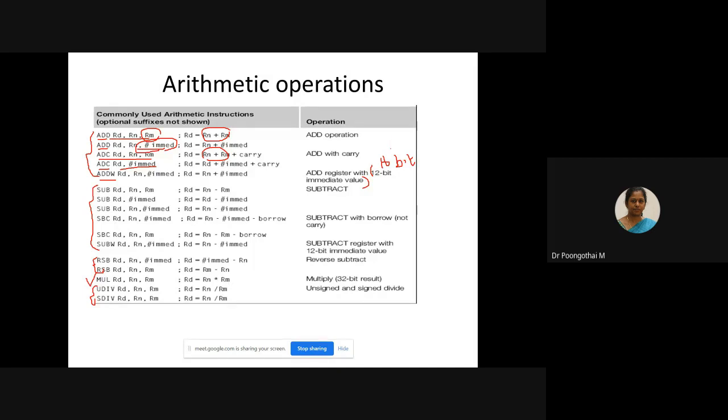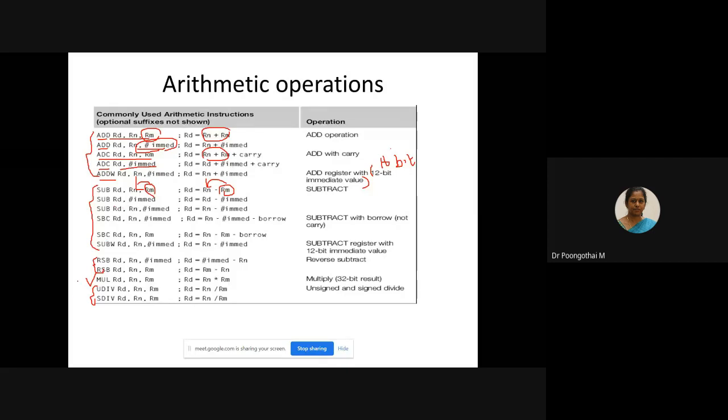So next, subtraction. Subtraction works the same way as addition, but the only thing is subtraction is not commutative. So the subtraction instruction subtracts the third operand from the second operand. It is going to compute Rn minus Rm, that is, Rm is subtracted from Rn. That is the concept we are going to follow. It is not commutative, so the subtract instruction subtracts the third operand from the second operand. That is the limitation of this particular instruction.